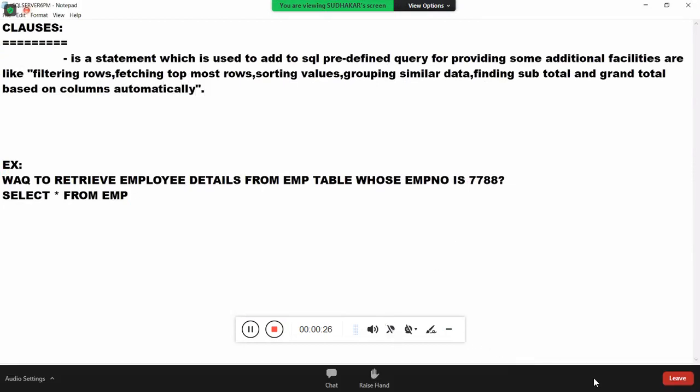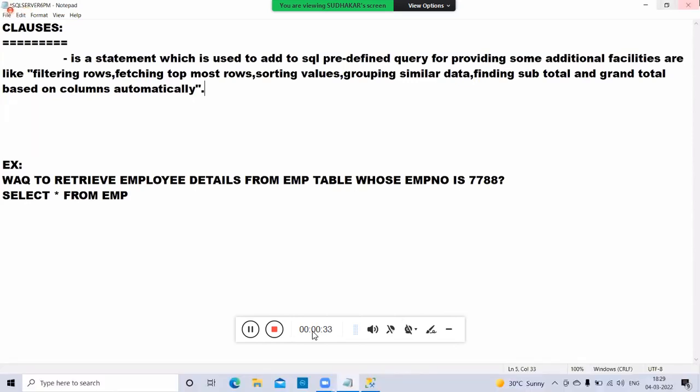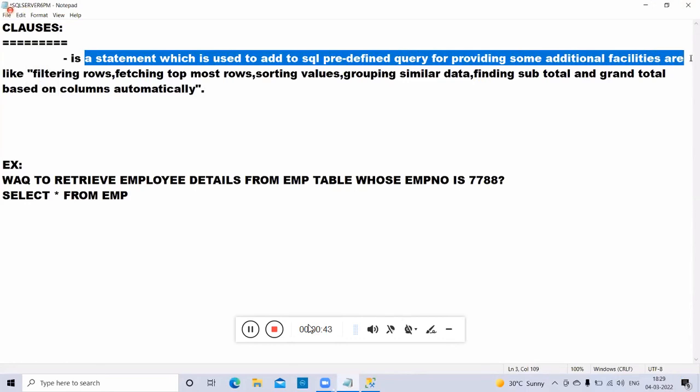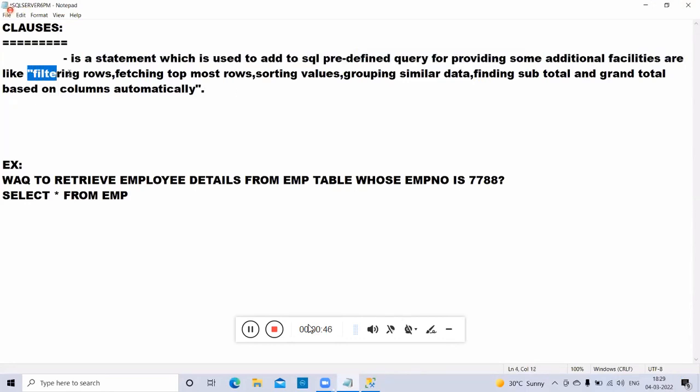Automatically. Now, this is what we call a clause statement, guys. A clause is a statement which is used to add to an SQL predefined query for providing some additional facilities. The facilities are like filtering rows. When you need to do filters, as per your requirement, you need to do some filtering. Filtering rows and fetching the topmost rows from your table, and later sorting values and grouping similar data rows,